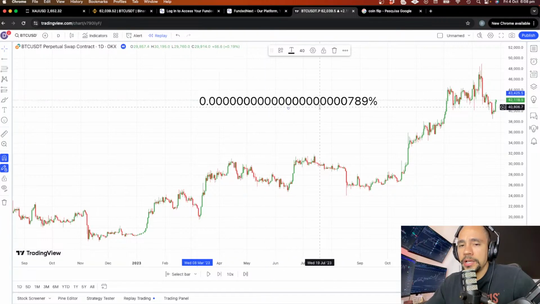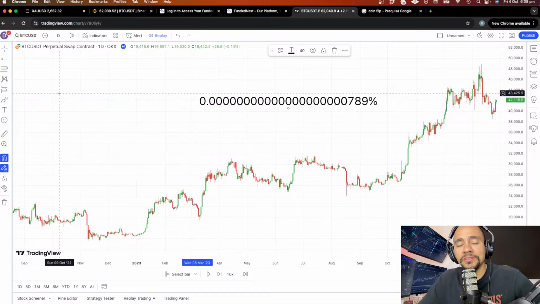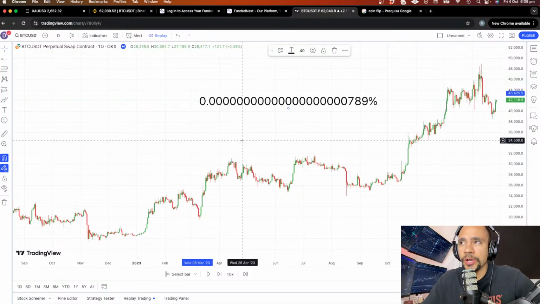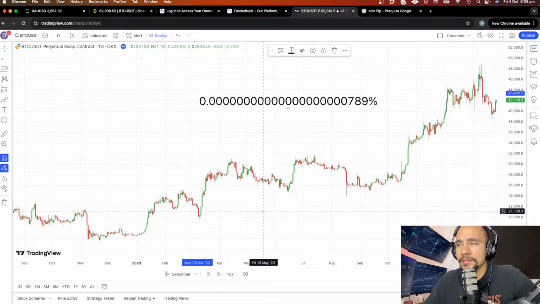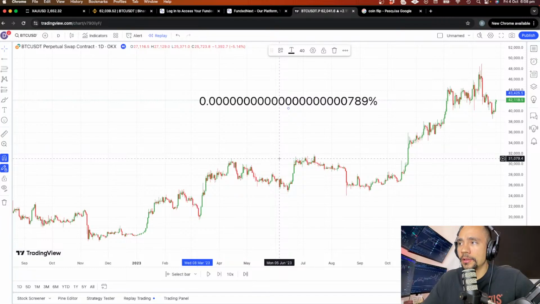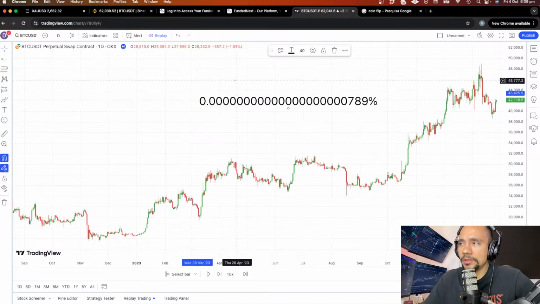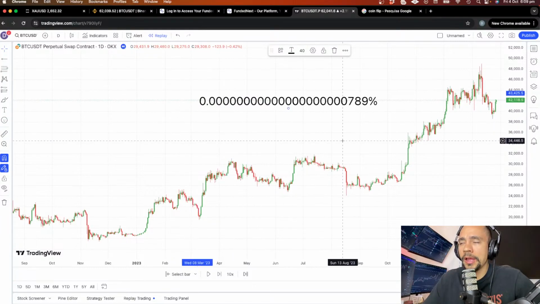It's nearly impossible. So when you're starting, obviously you want to go to a demo account, and I'm going to show you guys how to open up a demo account here on TradingView for free. You can just open up a demo account and start practicing. But once you feel comfortable on the demo account, when you feel ready to go live and start trading real money, do not risk more than 1% in one single trade, because look at the chances of you blowing up your account.